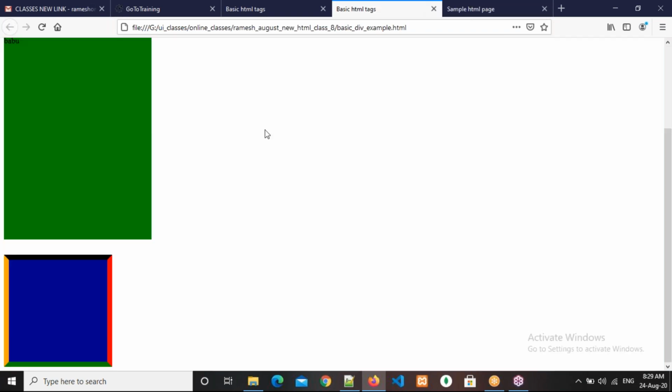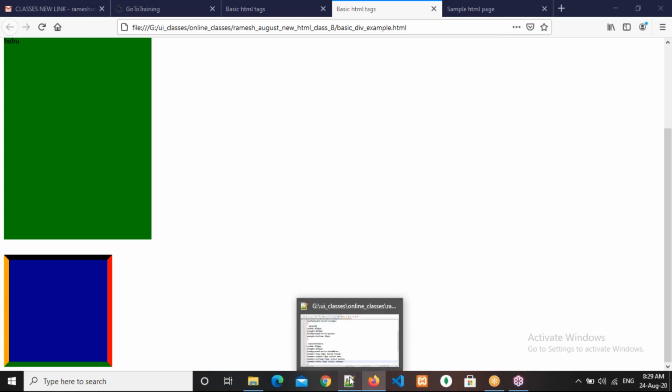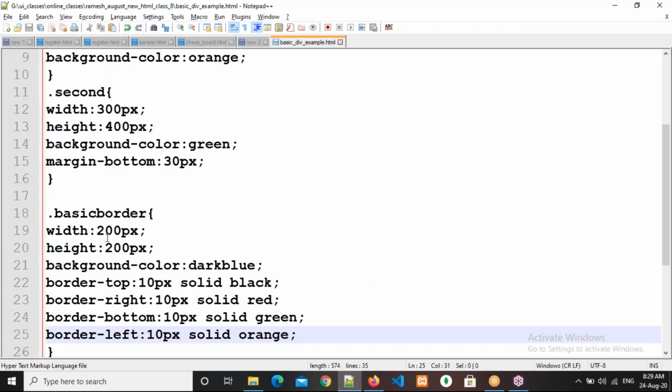Try to do this, depending upon this. See how much width and height you can give. One more clue: you can give here 1200px, or else 0px and 0px also you can give. Depending upon the width and height only, the border will work.